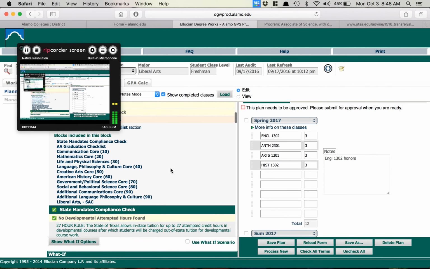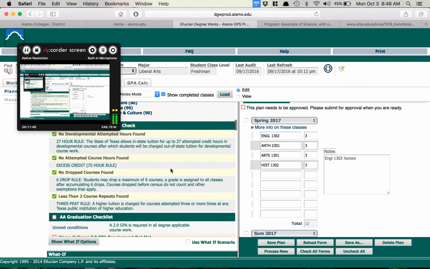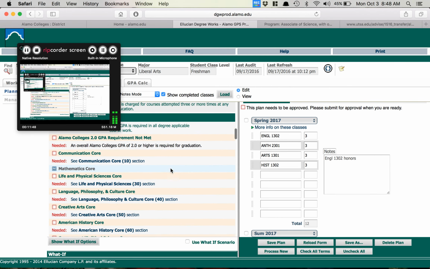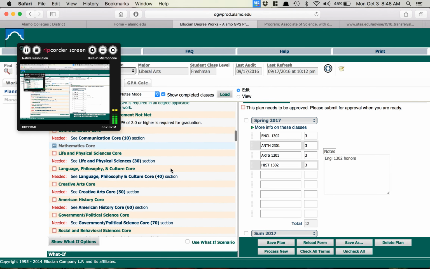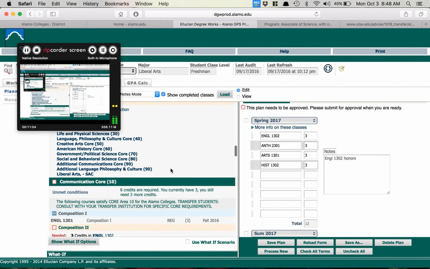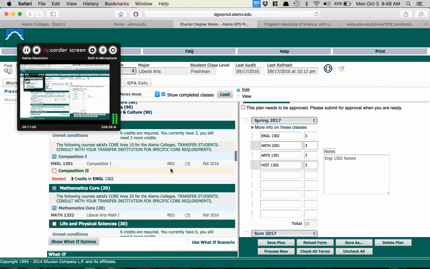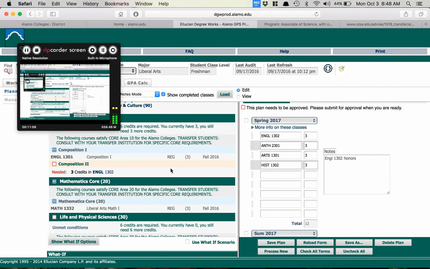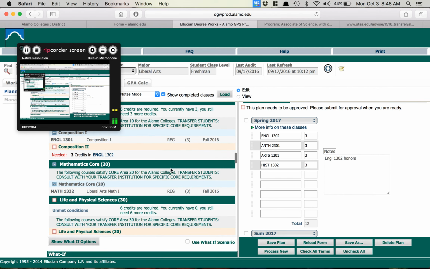Where we're going to start off, most of you are probably going to be in English 1301. You may also be starting in History 1301. You'll be in an EDUC class or some sort of student development class, and then a fourth class of your choosing. So to continue with that, we've already put down for the student that she's going to go into English 1302,